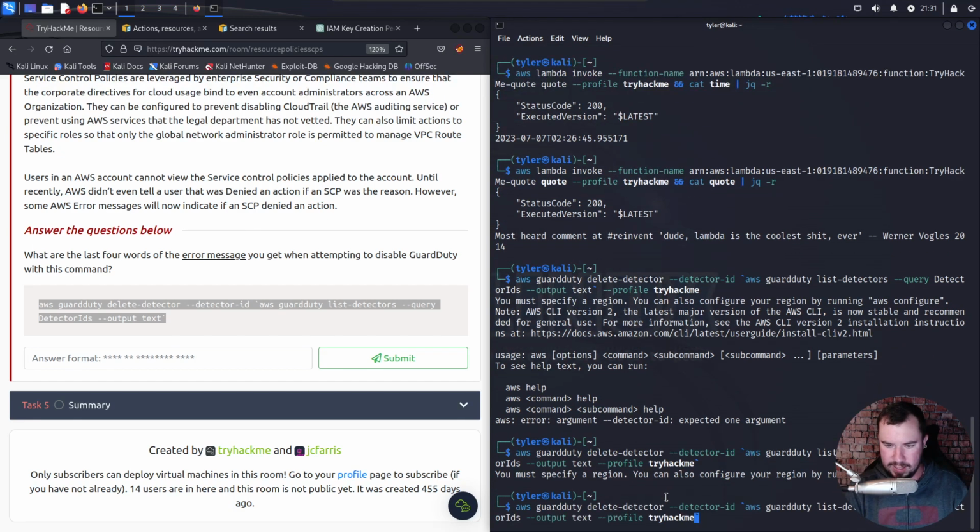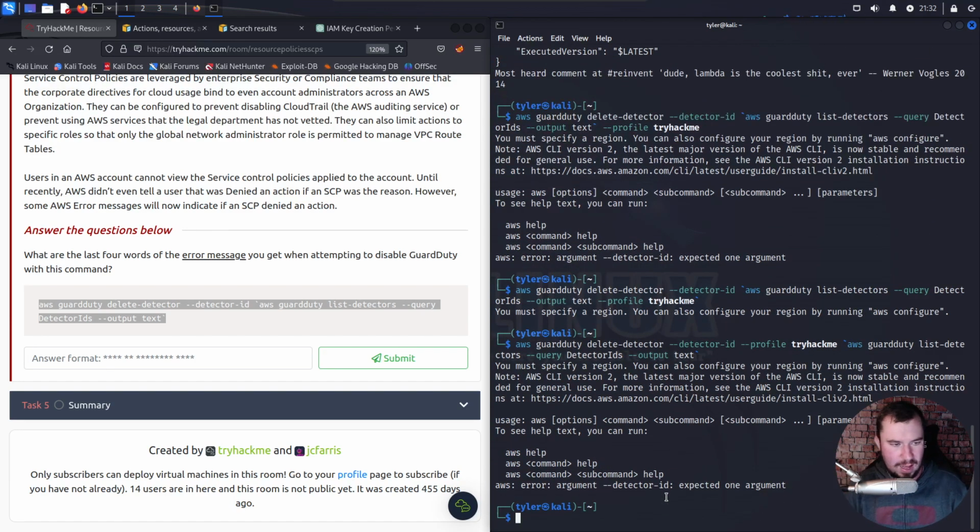Oh, wait, no, I think I need this actually. I just need to set up my profile, so this is my main profile, so I don't have to keep doing this. AWS guardduty delete-detector, detector ID,